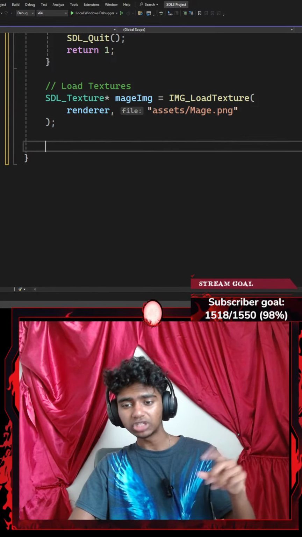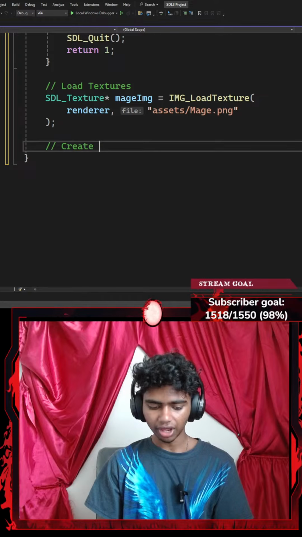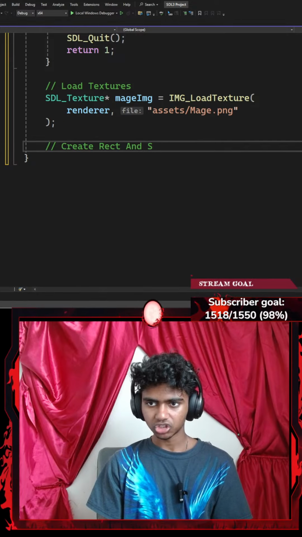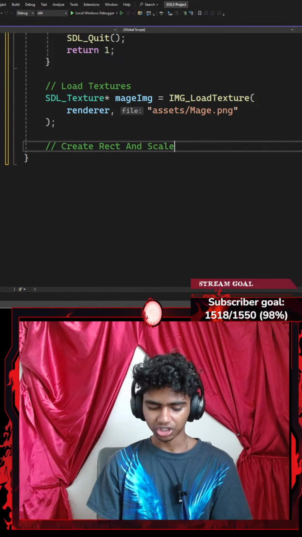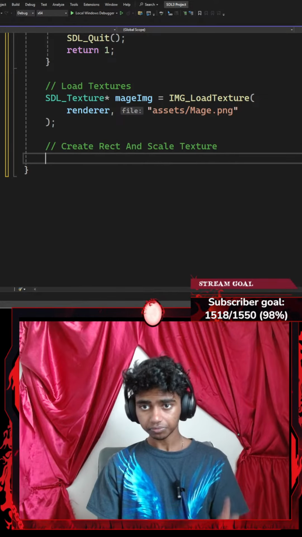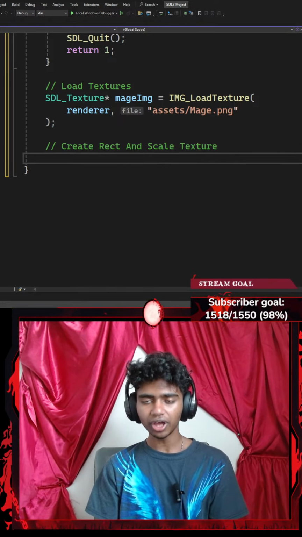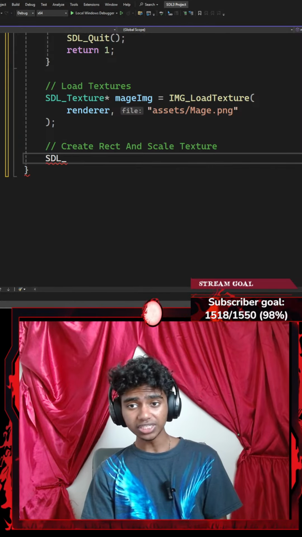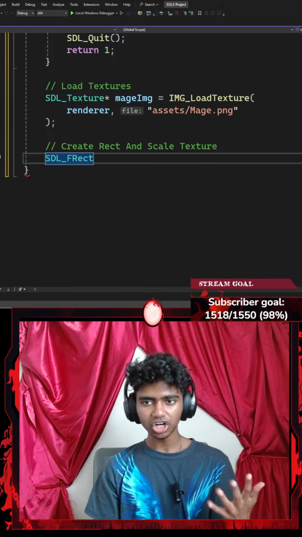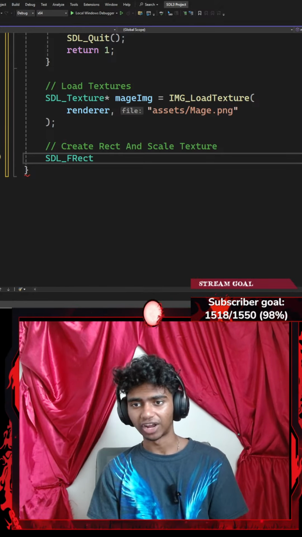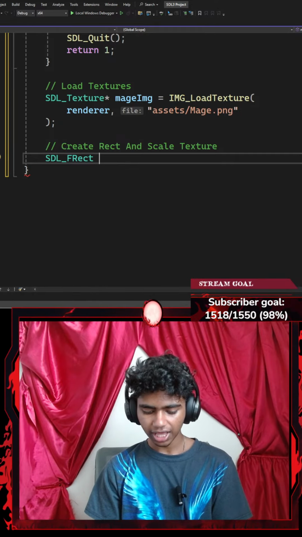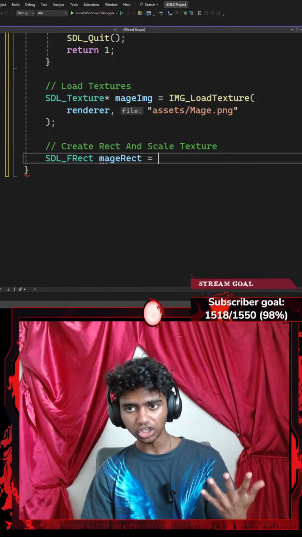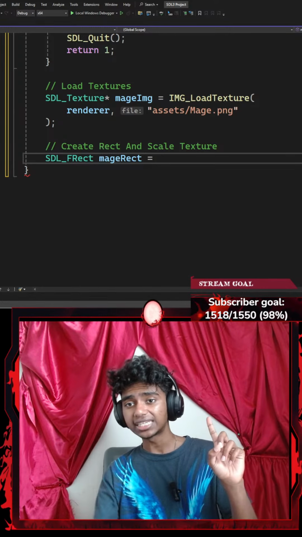Okay, now that I'm done loading my images, let's go ahead and create a rect. So I'm going to create a rect and also scale my image. Actually, I'll go with something like scale texture. To do that, firstly, I gotta go ahead and create a rect. I'm going to use the SDL_FRect structure. The structure consists of all the attributes of my rectangle. And then let's go with something like mage rect, which is going to be equal to,